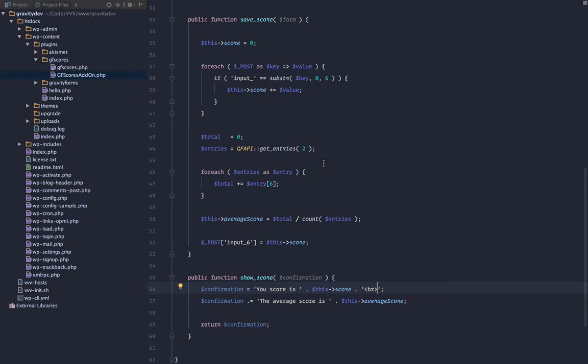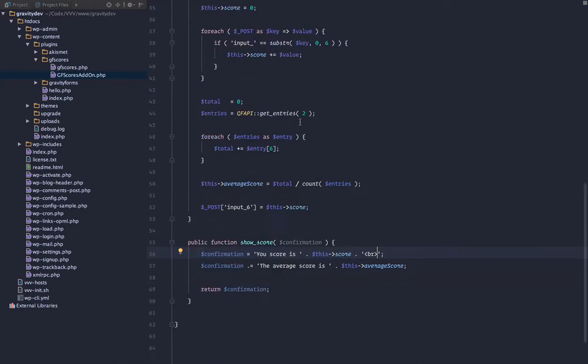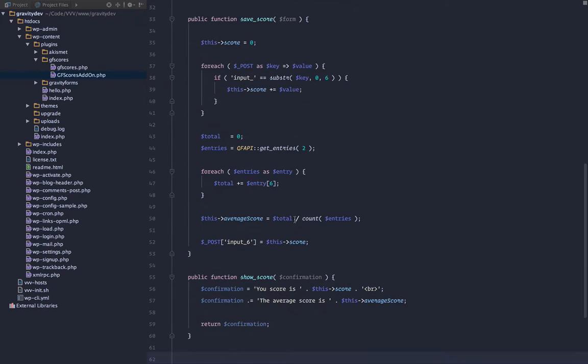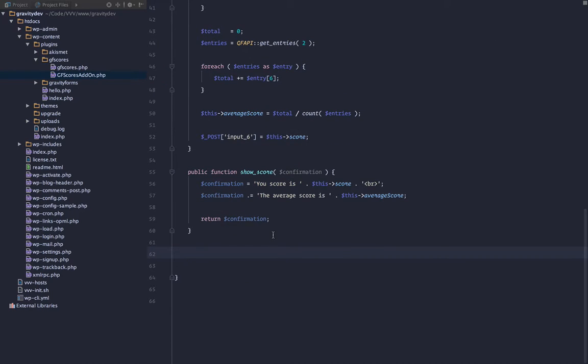Here we're going to go ahead and call some styles, some scripts, and display our progress bars. All right, so first thing we want to do is go ahead and register our script. Since we are extending the GF add-on, we have access to a few methods, and one of those methods will be